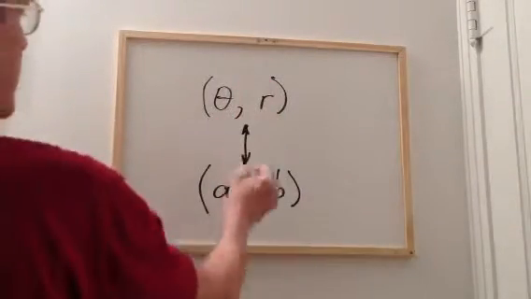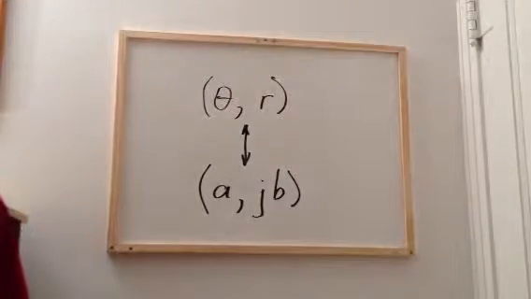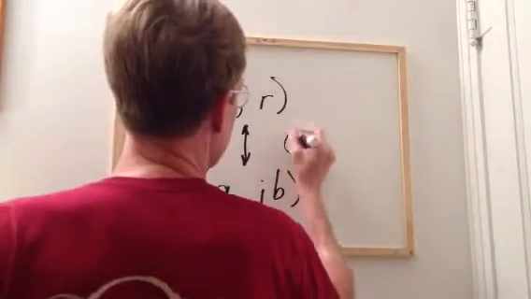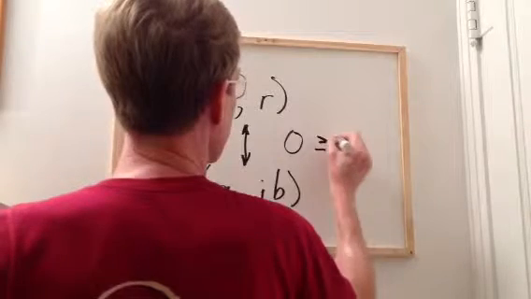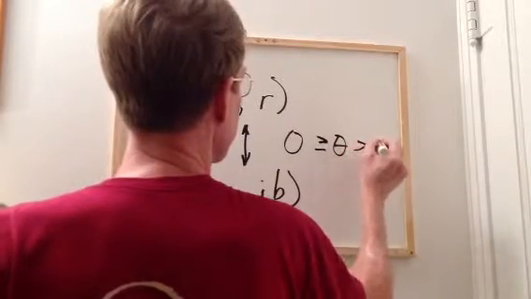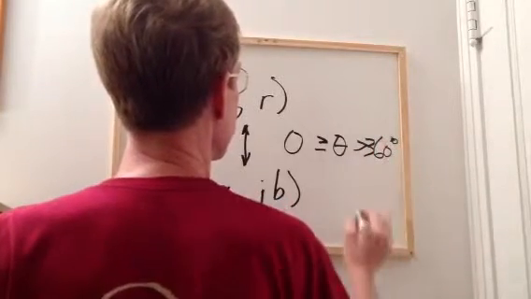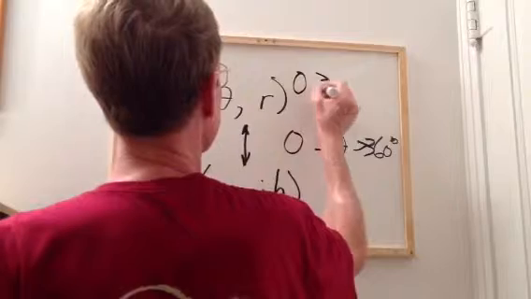There is a one-to-one correspondence between the points, provided that we limit the angle to values that are greater than or equal to 0, but strictly less than 360 degrees, or if you want to use radians of measure,